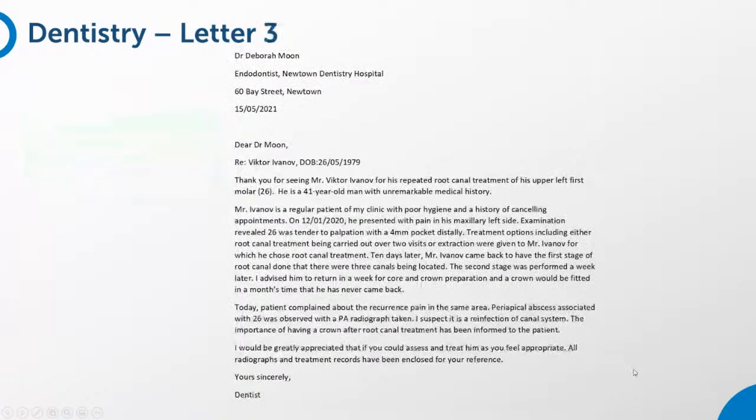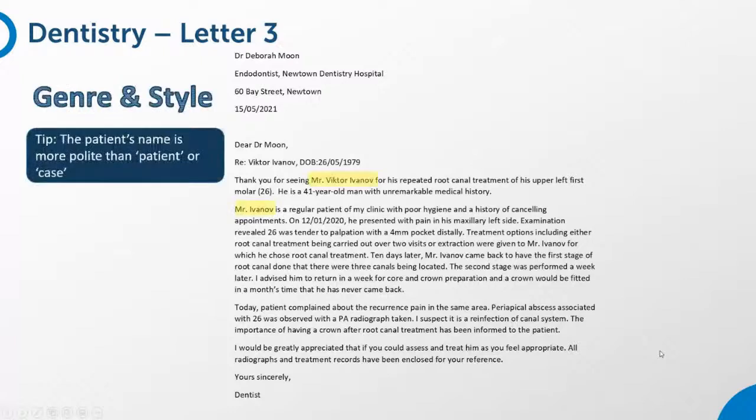This one was submitted by Lou, and I'm going to pick out a few details from this one to consider together. So this letter has similar strengths and weaknesses to the other. It also includes a lot of the background to the initial root canal treatment, which could have been shortened and summarized more effectively, but this introduction is clear enough.